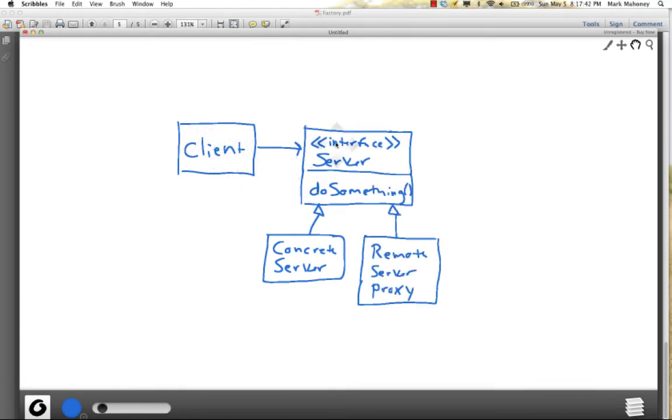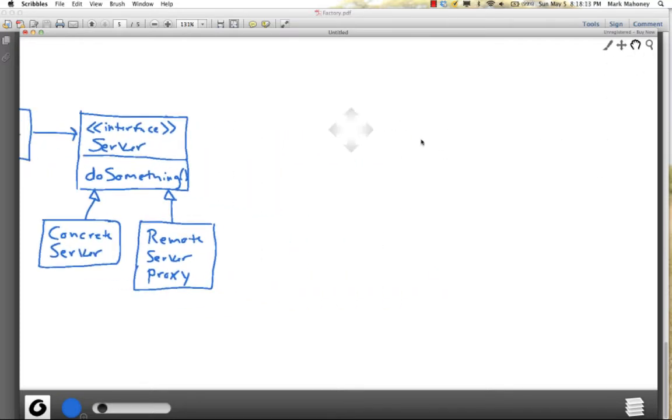We have this client which has a reference to a generic server that we can do something. And we either pass in a concrete server or a remote server proxy. So if the server is going to be run locally, we can just use a concrete server. If the server is going to be on a different machine, we have a remote server proxy. Okay. The client will either work directly with the concrete server or the remote proxy. So if it's working with the concrete server,